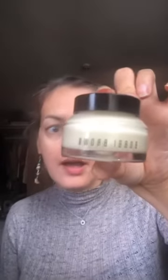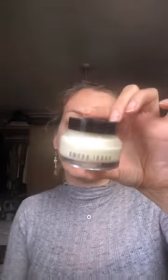So now I'm gonna have to prime my skin, which is a very important step. I found that makeup and foundation goes onto skin much easier and stays longer and looks more flawless overall. So I'm using a Bobbi Brown vitamin enriched face base, which is an all-in-one primer and moisturizer. I find that it's quite expensive, but you don't need as much of it on your face, and it really moisturizes your face, and also